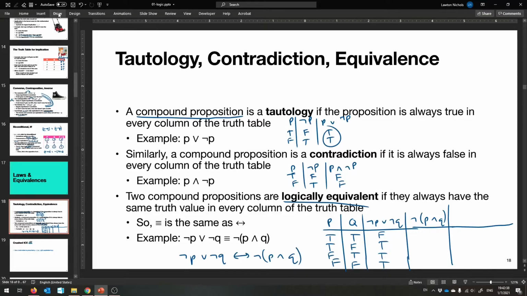Okay, then we have not P and Q, and you can see how and would be false, true, true, true. Or, I'm sorry, true, false, false, false. But negating that makes false, true, true, true. So they are equivalent, and so if we were to write and use our biconditional, not P or not Q, if and only if not P and Q, writing tiny, sorry, you'll notice that these are all the same. They correspond, and so